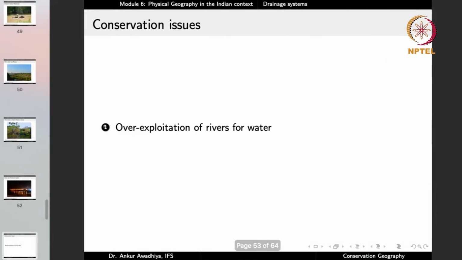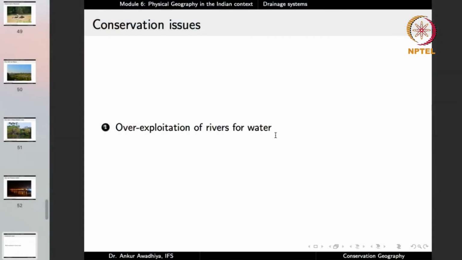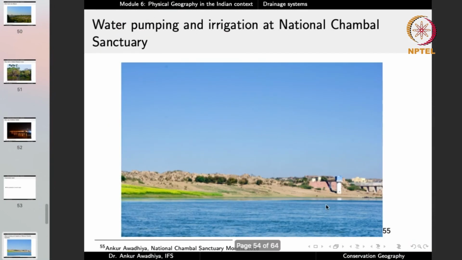Now after the drainage, let us look at the issues of conservation. The drainages have been going on for a very long period of time, but now humans are impacting these drainage systems. How? Through things like overexploitation of water. So in areas such as the National Chambal Sanctuary, here we have the river Chambal, and here you can